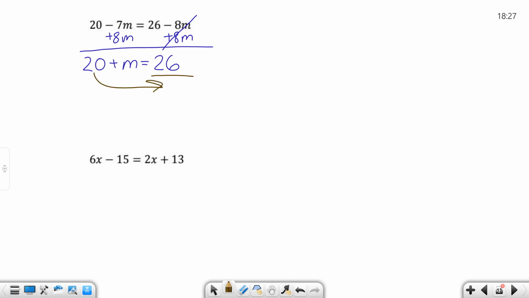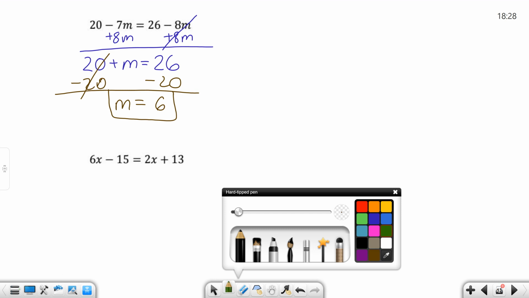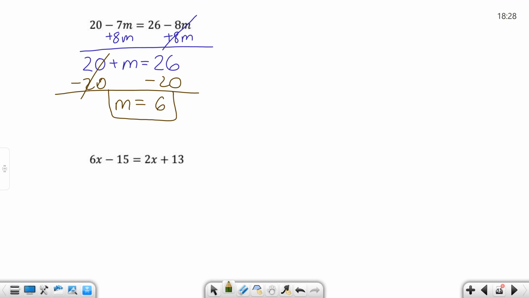So now, what's by itself? 26, move the 20. The 20 is positive, not because of this plus, that goes with the m, but the 20 is positive because there's an understood plus in front of it. So how do I undo that? I subtract 20 from both sides. That cancels, and I'm left with m equals 26 minus 20, which is good old 6. So m equals 6. So again, those m's were 1 apart. Move the smaller one. I did the negative on purpose to show you, hey, the negative 8 is smaller than